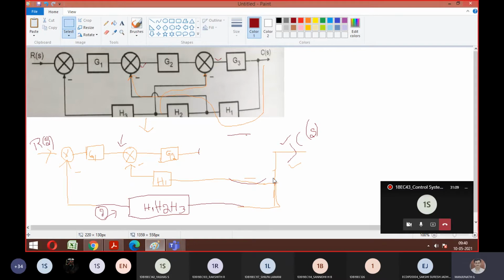So this is gone now. What is a single block equal to now? I'm getting this complete diagram to a single block. What is the formula for this, guys? You can write aside. If you're not able to write inside, you can write aside, no issue. G3 by 1 plus G3 into H1, H2.